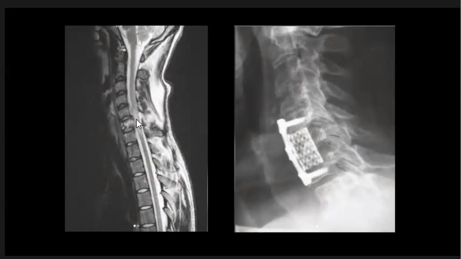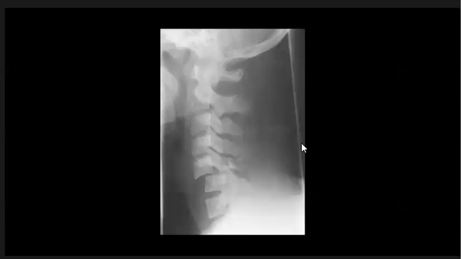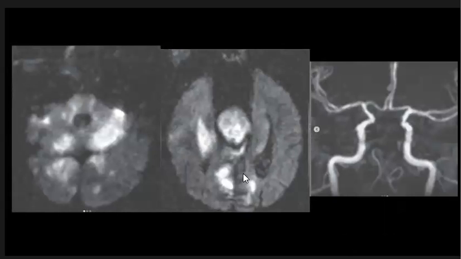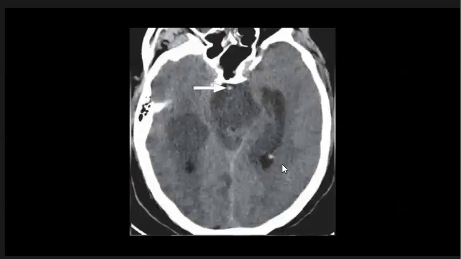Cord contusion with fixation, anterior decompression and reconstruction, bilateral facet dislocation, C5, C6, Favre's disease or syndrome, basilar artery infarction, thrombosis or infarction, as we see here. And this is hyperdense sign of basilar artery with infarction,